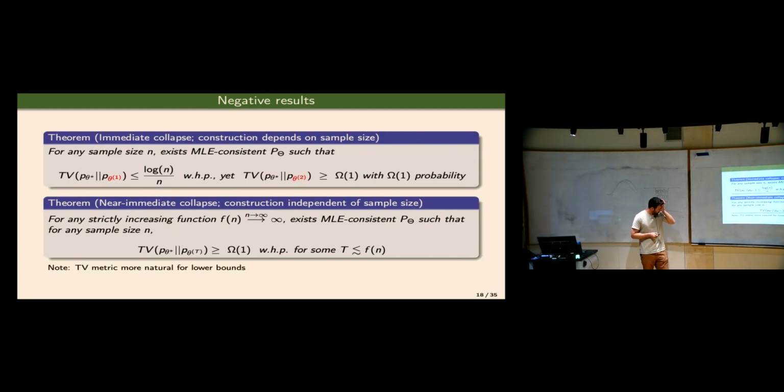For the negative results, we did eventually come up with something, but I will say these are very synthetic examples. That's why I'm also saying there's a gap between the positive results, which probably assumed a little bit more than they needed, and the negative results, which are the worst distributions you could possibly come up with. But it was really necessary.